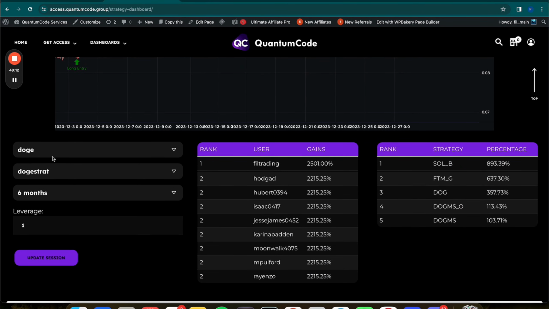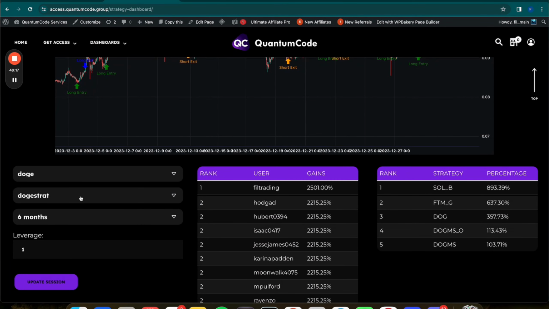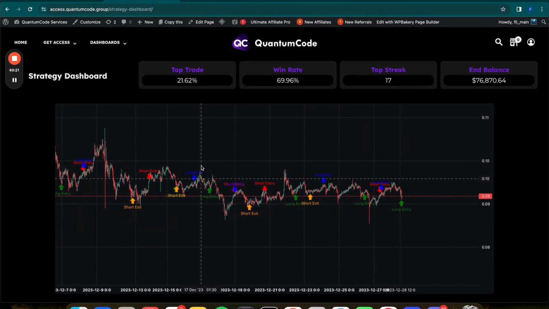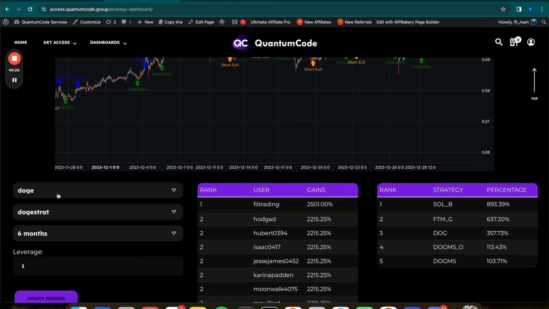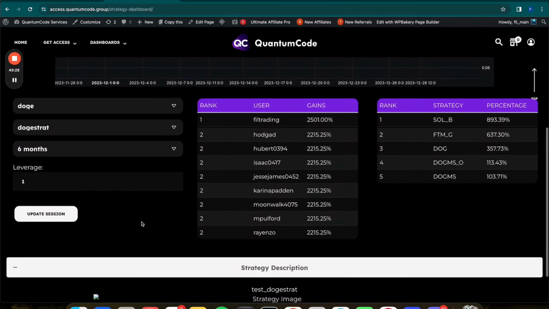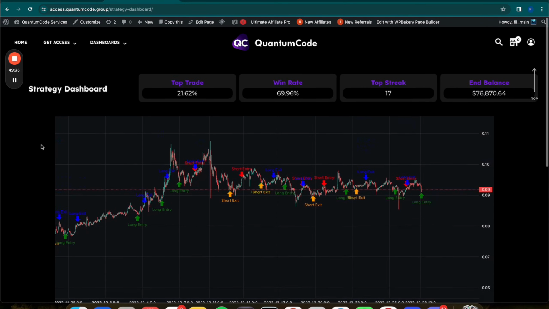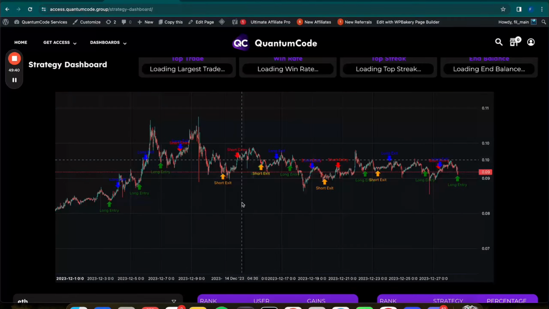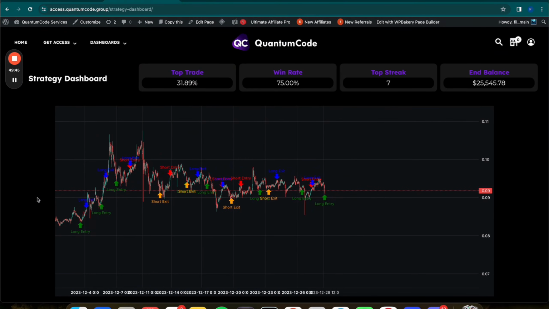So this, for example, is a Doge strategy. And, for lack of creativity, it's called Doge Strat. But then you have some amazing names there as well. You can thank Alex for those names. Some of them still haunt me at night. But you can take it up with them. I can go here, for example, to ETH Turtle. That's still an okay name. If you go on Solana and FTM, I don't even want to say those names out loud because I'm embarrassed. But you might like those names.